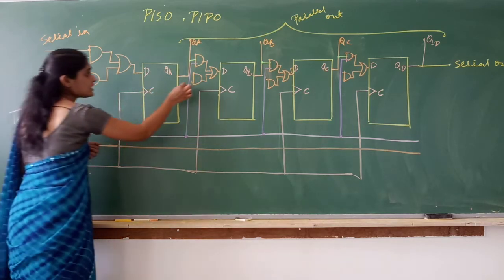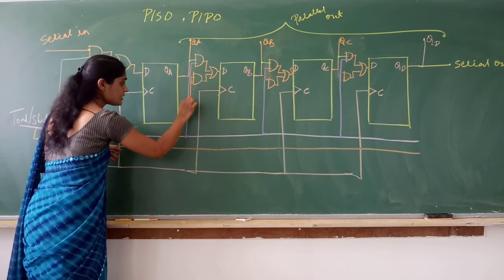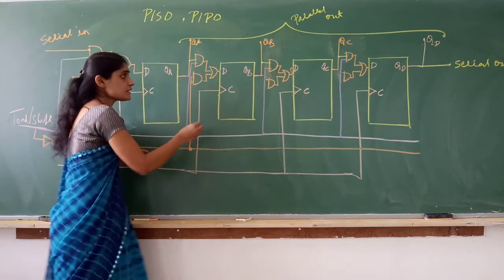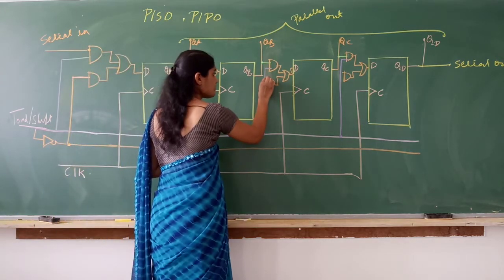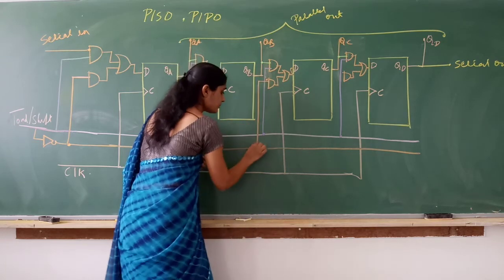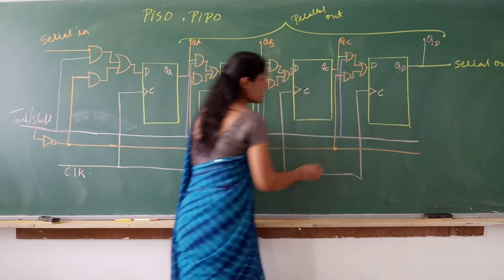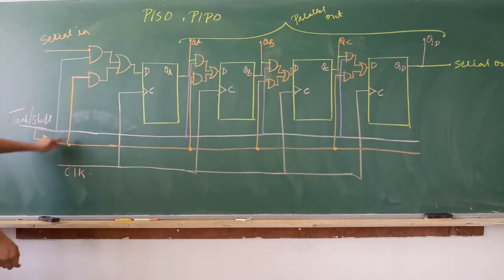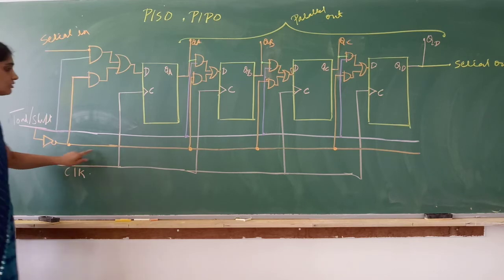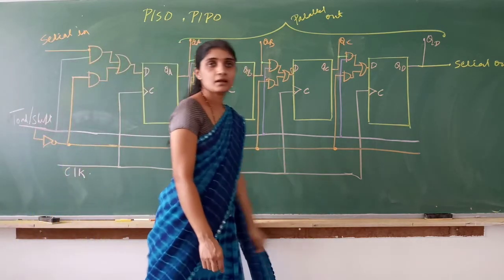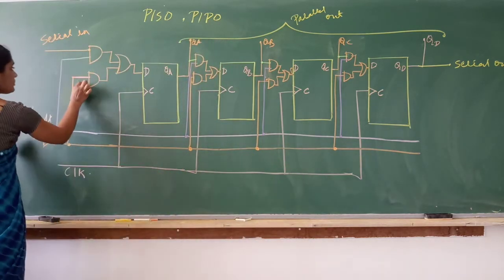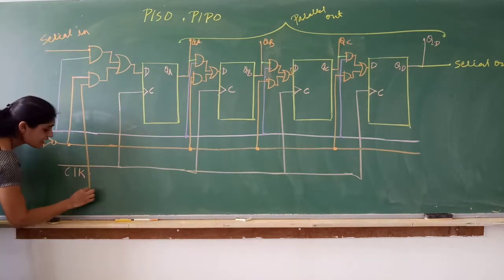Similarly here also one of the input will be from here. Similarly for this also one input will be from, I'll take it here. One input will be from here. Similarly here one input will be from here. So for the second AND gate, what is one input? That is load bar shift through a NOT gate we have connected. NOT, that is the input. Okay. What is another input? Another input is parallel input.